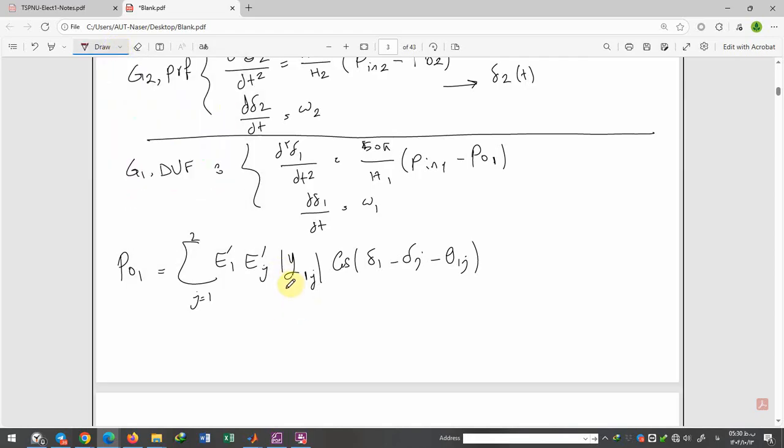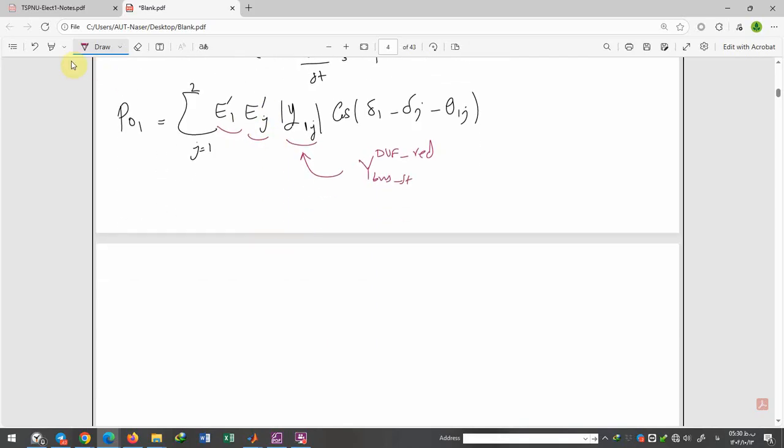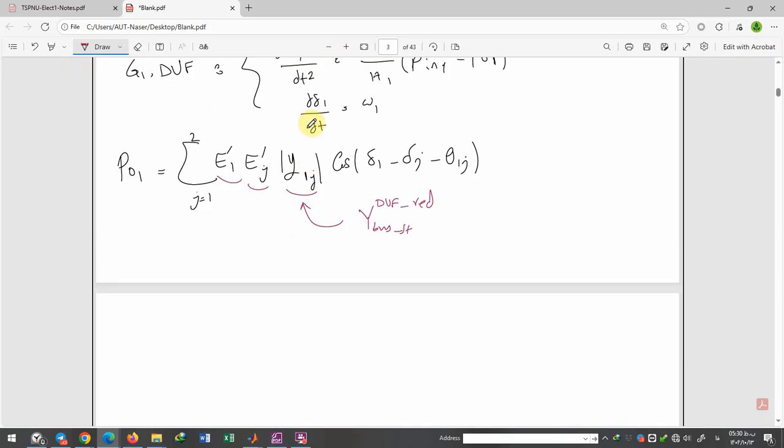The Yij comes from Y bus stability during fault reduction. The E1 and Ej are determined as before. And after that, for during fault,